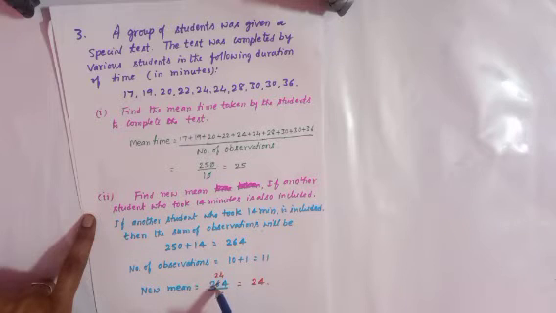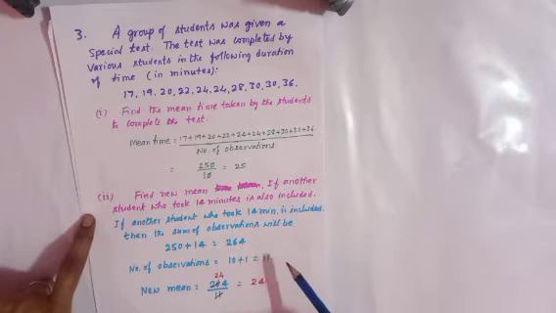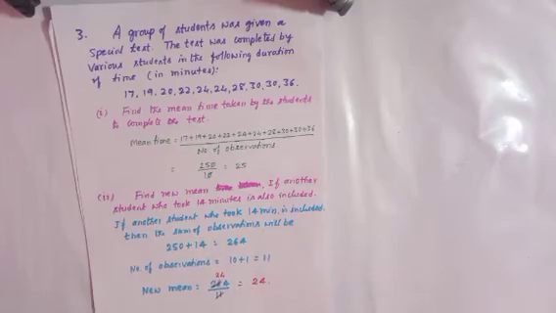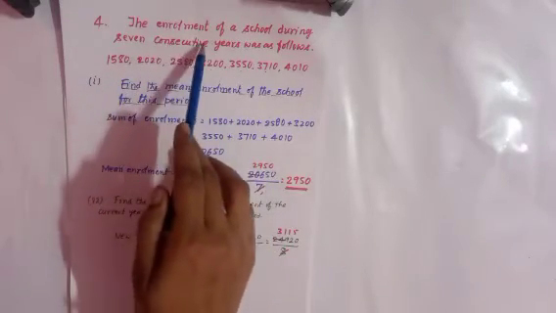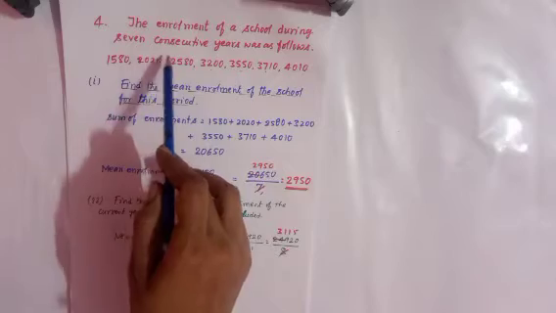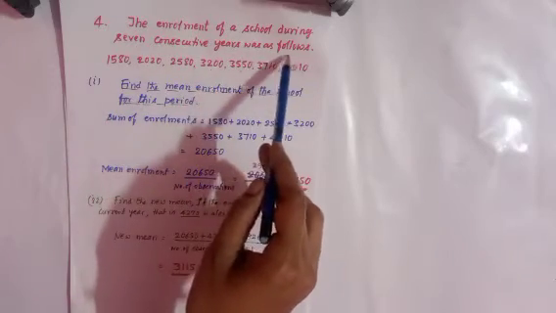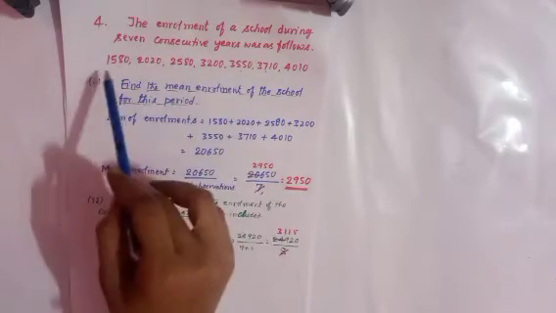So when we divide 264 by 11, we get the final answer 24. Therefore the new mean is 24. Next, let us solve the next one. Next, the fourth one. The enrollment of a school during 7 consecutive years were as follows. So here the data is given: